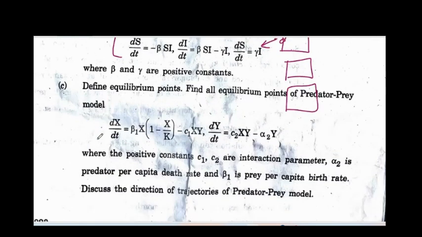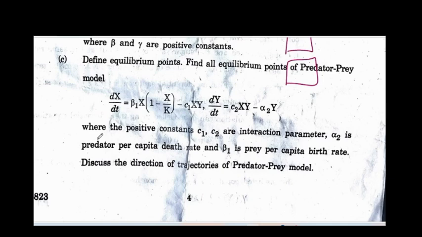The last question of the paper was you had to define equilibrium points. You know, equilibrium points of a system are points which correspond to zero rate of change. So you'll first define what equilibrium is, because whenever a definition comes in the exam, it carries 1 mark. So you are going to lose marks if you skip defining equilibrium points first, and then you got to find the equilibrium points of this system.